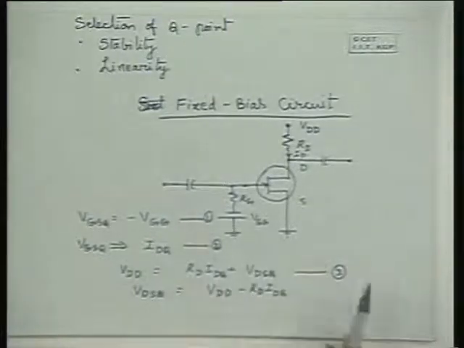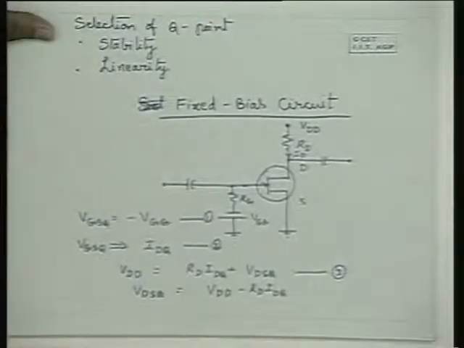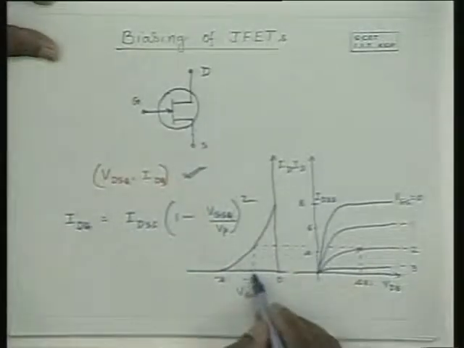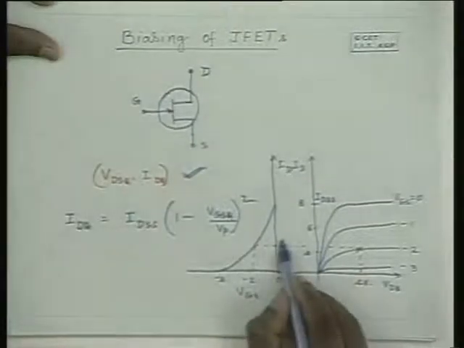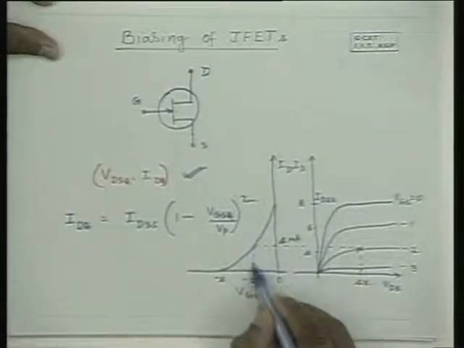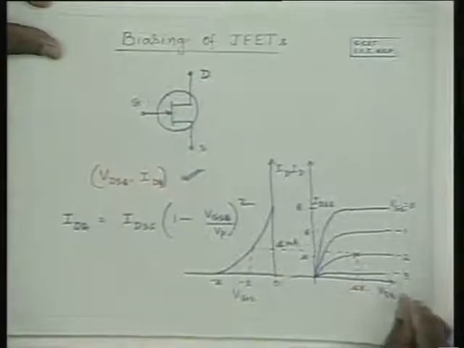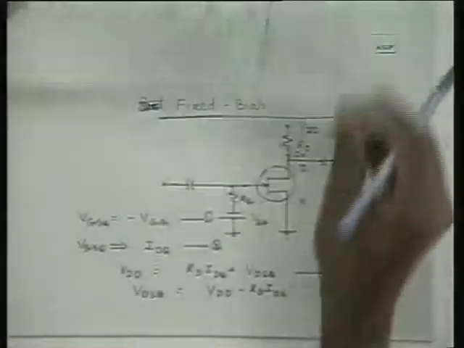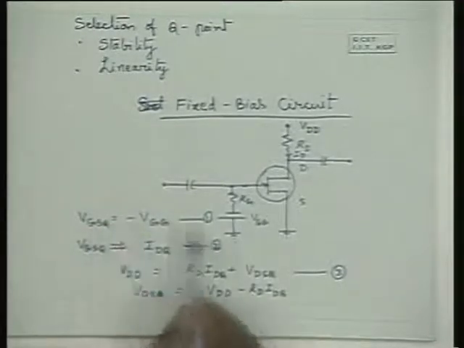As far as biasing design is concerned, it is simply the reverse operation here. So we select a VDD and VGG. First of all, we select VGG such that the drain current we want to operate around is, say, 4 milliamperes. Then from the transfer characteristics of the selected FET, we find out the particular VGS that is required, and we use a supply whose value is equal to minus VGSQ here.